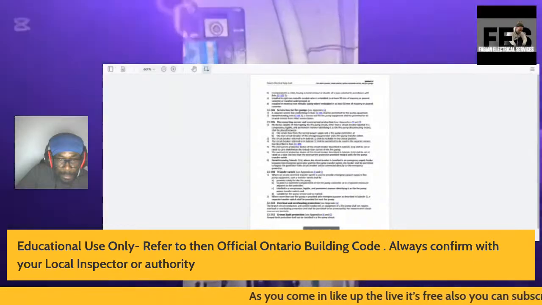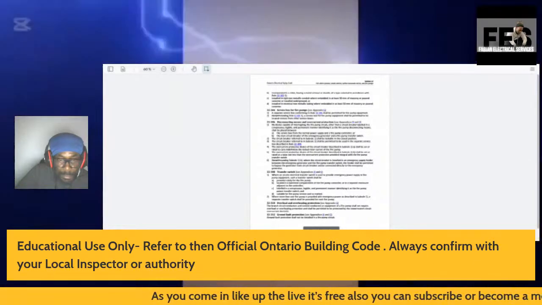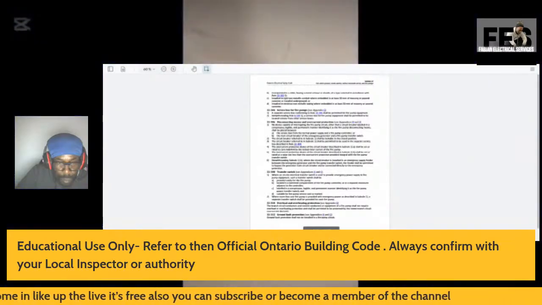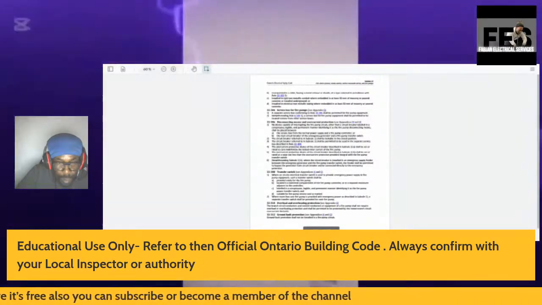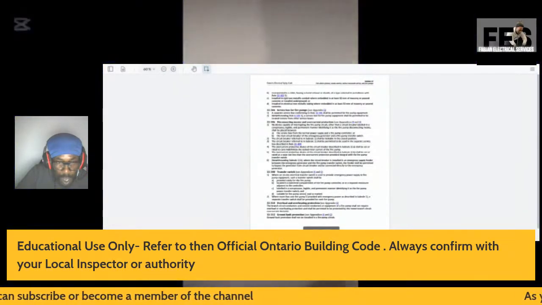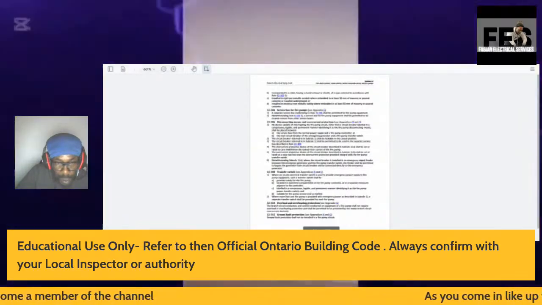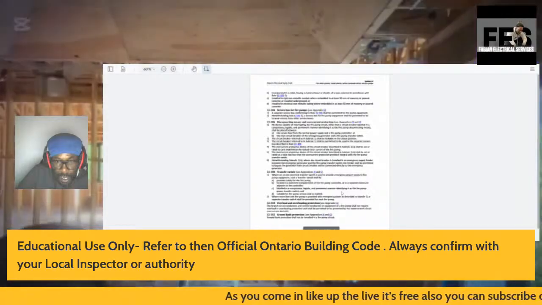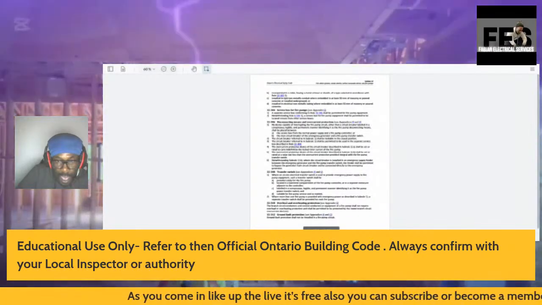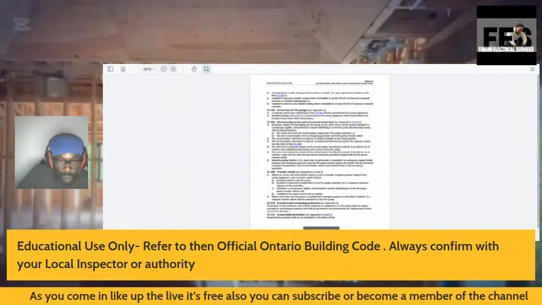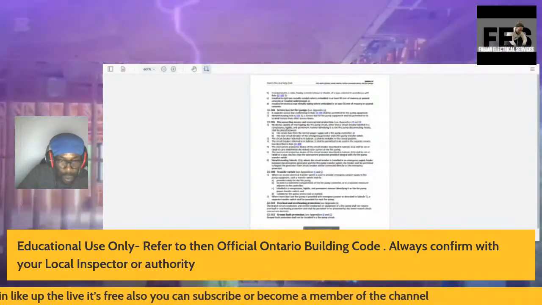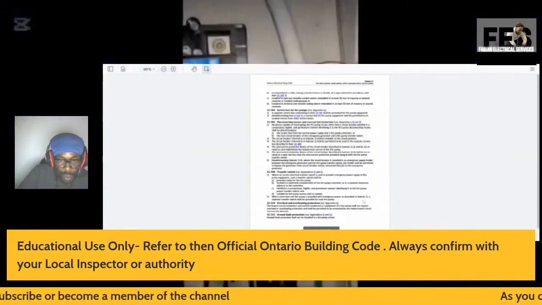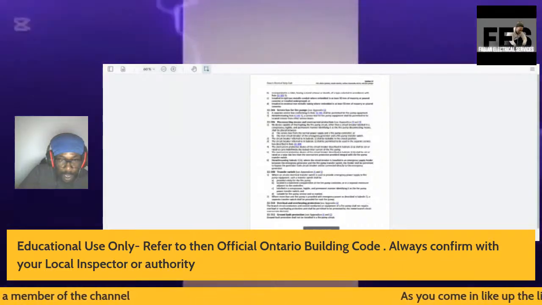Here, just want to find where I was. Okay, so labeled in a conspicuous, legible, and permanent manner, identifying it as the fire pump service. Where more than one fire pump is provided with the emergency power as described in Subrule 1, the separate transfer